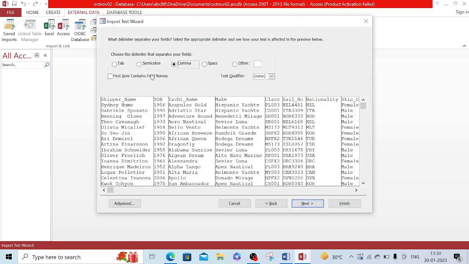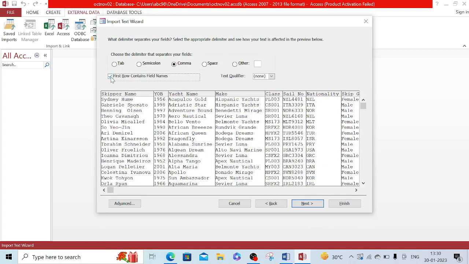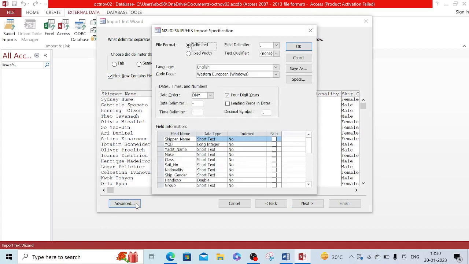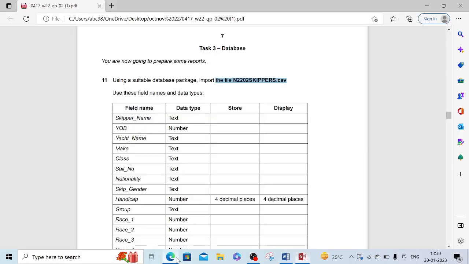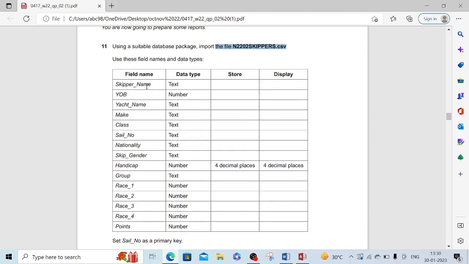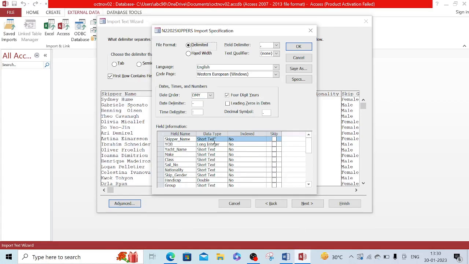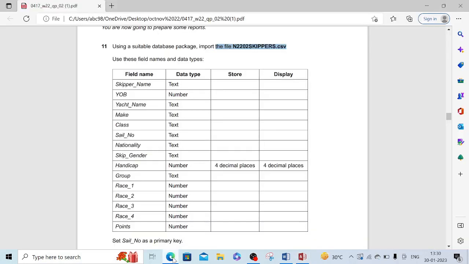Click on next. Make sure this checkbox is ticked: first row contains field names, because our first row has field names. Then click on advanced. Why click on advanced? To check that all the field names and data types are proper or not. So just check the field names given here. First one is text, second is number, and then till skip gender all are text. So text, long integer, and then all till skip gender are text, and then after that